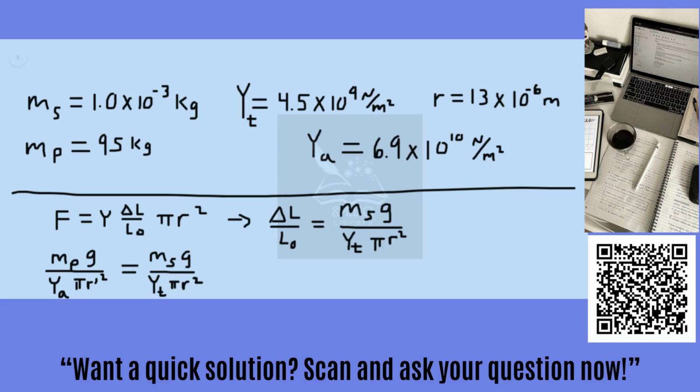Some things will cancel here just to simplify a little bit. The gravity is the same for both, so g is going to cancel, and pi is the same in both situations, so pi is going to cancel. We can solve for r prime, and we find that r prime is equal to the square root